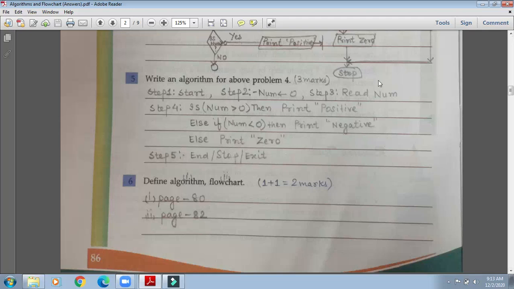Yes, the same question in algorithm. It was asked to write the same question in algorithm also. Just give me 1 minute.